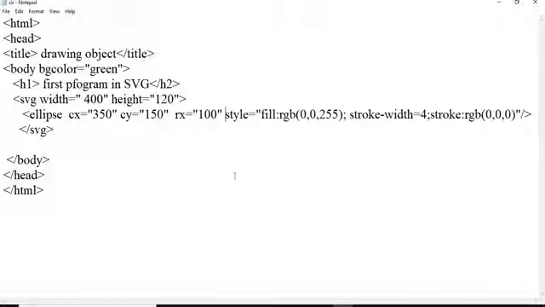Just I am going to modify the style, like fill. I will remove the parameters of the rectangle. For fill, I will put simply the color yellow. Then I will keep the remaining, that is stroke.